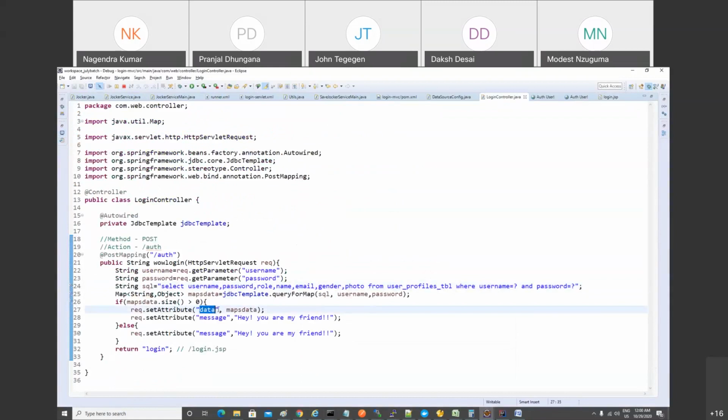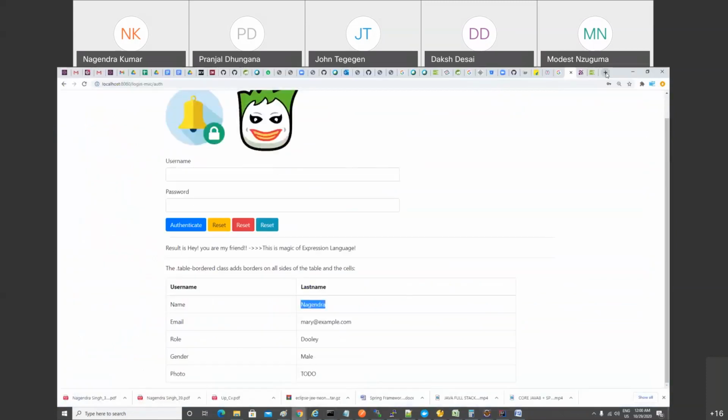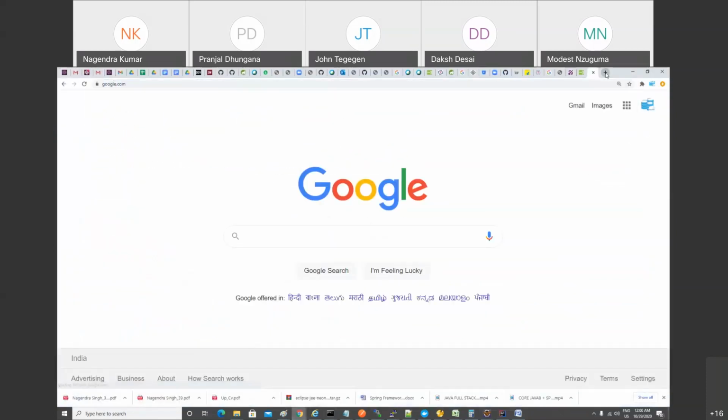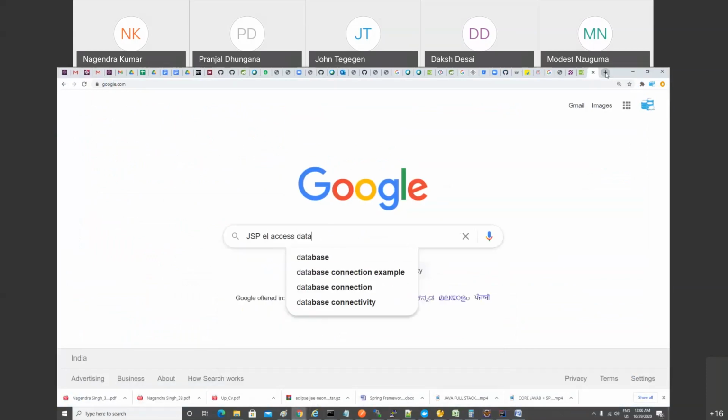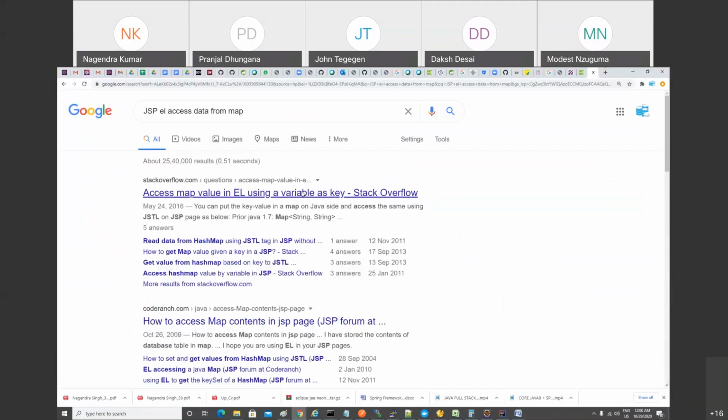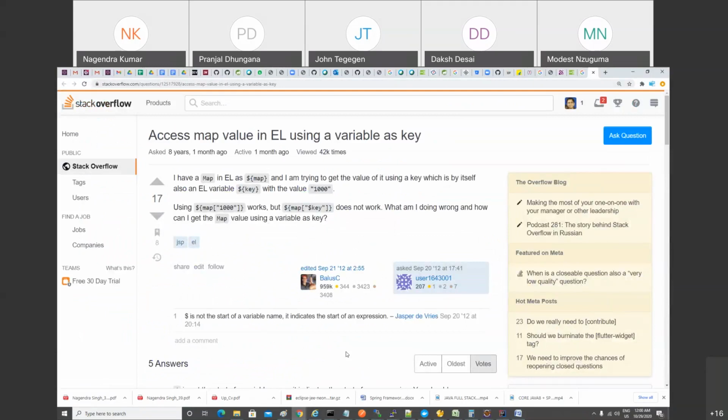This data is representing a hash map, right? And you have to fetch the data from the hash map. How to do it? I don't know. So I'm going to Google: JSP access data from map, EL. I don't know the syntax, but